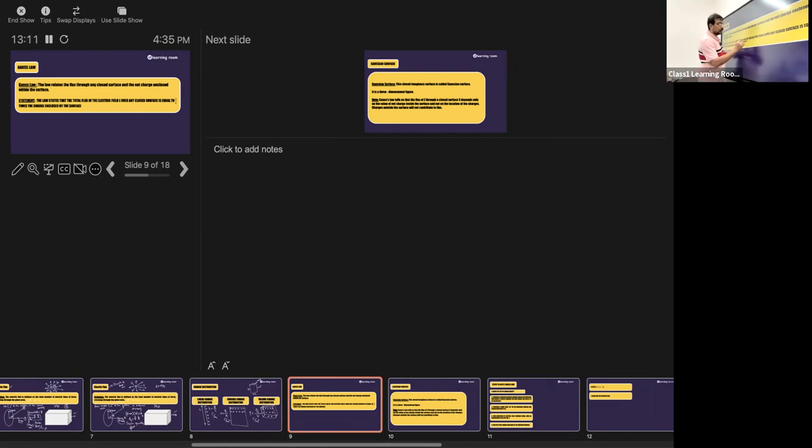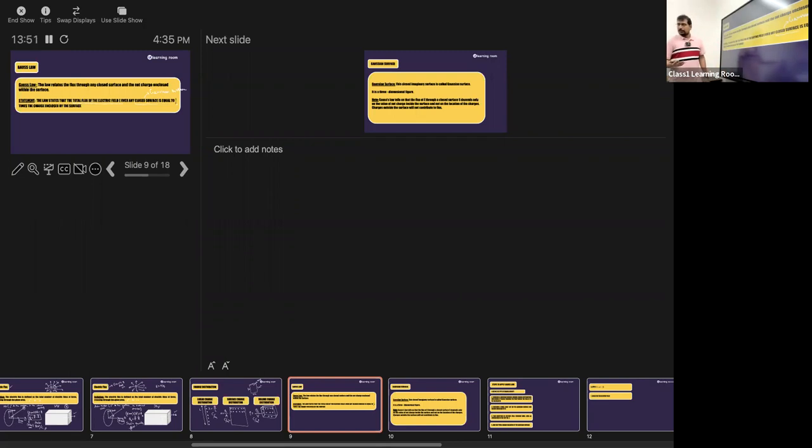So the law states that the total flux of the electric field over any closed surface, this closed surface I told you, no, it is called the Gaussian surface. So the total electric flux over any closed surface is equal to 1 divided by epsilon naught. Epsilon naught is the permittivity of free space. 1 by epsilon naught times the total charge that is present within the closed surface. It's a simple statement. You know the total flux through a closed surface. You know the total charge through the closed surface. Okay, so that's what they told, no?